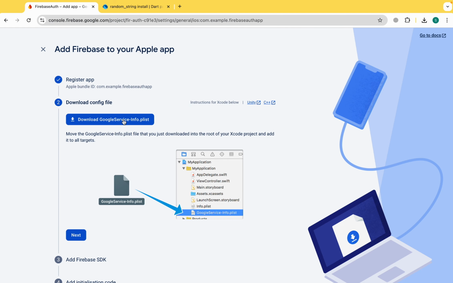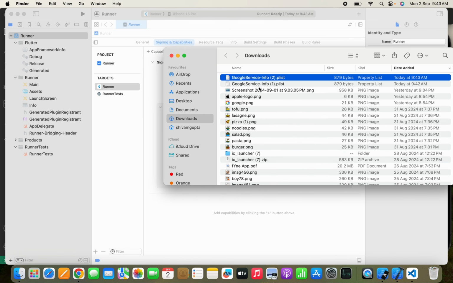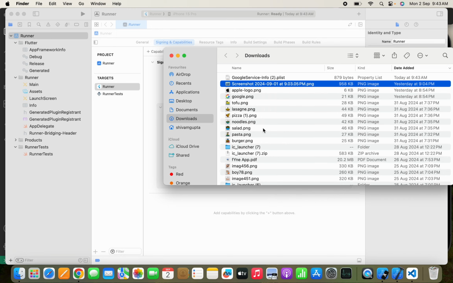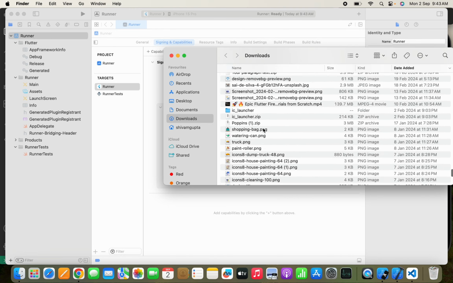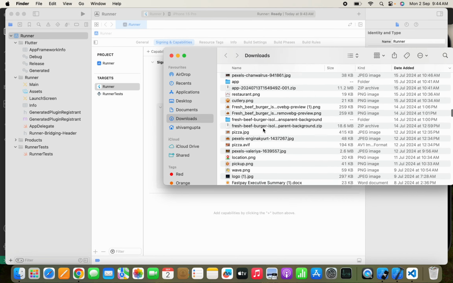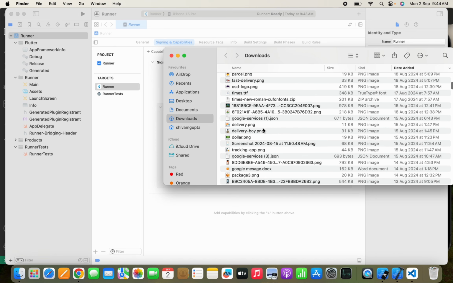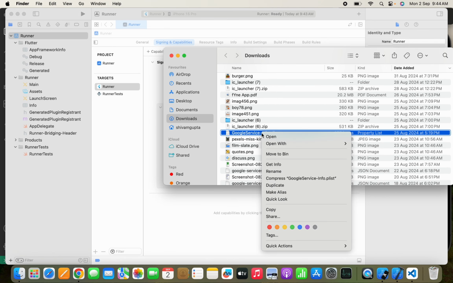Now download Google service info.plist file from here, and we'll open this file and just remove the older files if you have. So I will remove the older files what all I have. So let me find the older file if I have, because it should be exact like GoogleService-Info.plist. Yeah, so here it is. We need to,